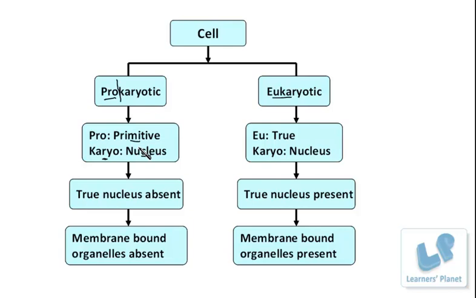Right? So you must understand what we basically mean by this primitive nucleus. In this case, we must say that a true nucleus is absent. Which nucleus is known as the true nucleus? The one which has the developed nuclear membrane, or the different parts that we discussed in the earlier session. If all those are present, that is known as the true nucleus. But there are cells in which the nuclear material is present but is not separated from the cytoplasm by the nuclear membrane. In such a case, this nucleus is known as the nucleoid body.